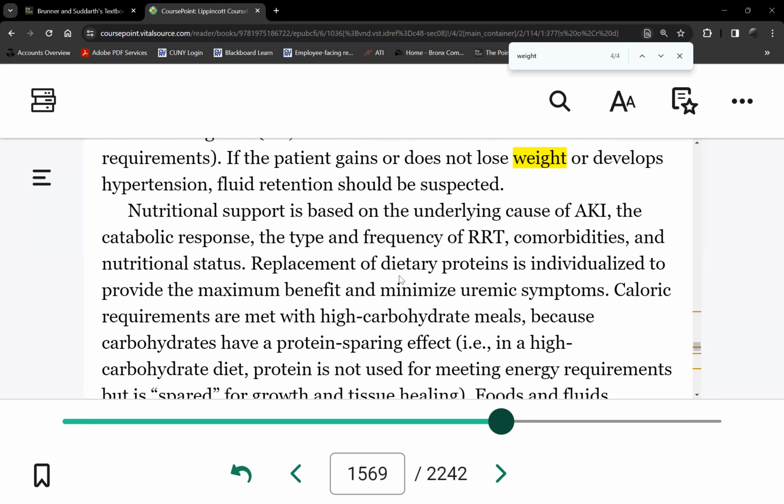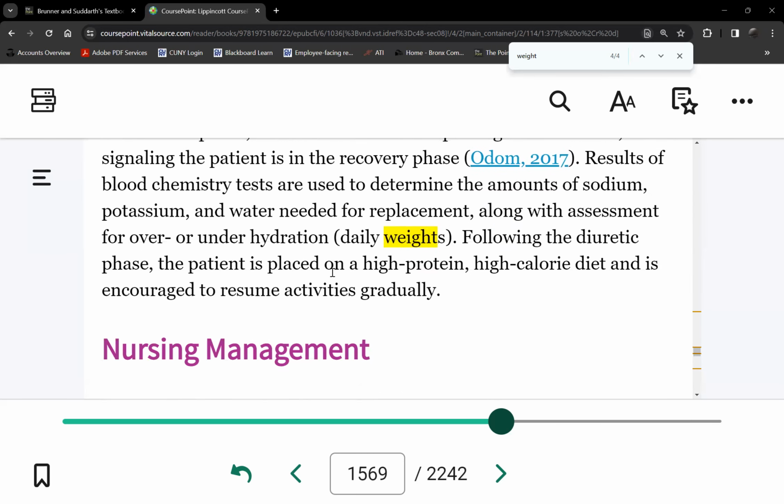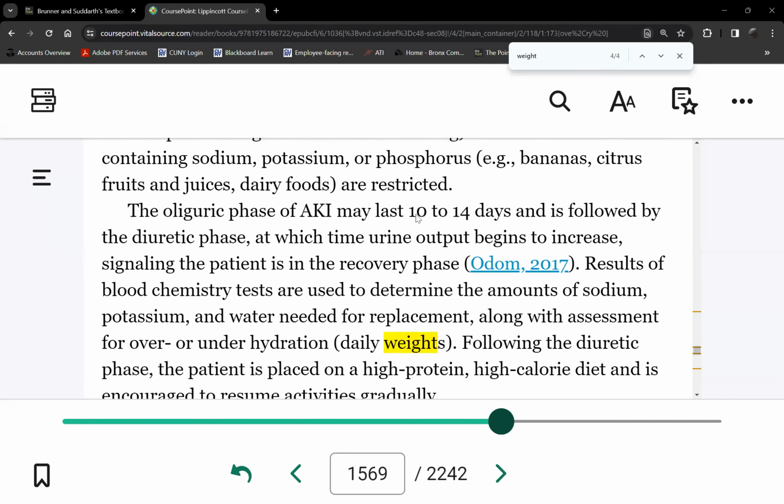And what do we do with fluid? Do we give normal amounts of fluid? We restrict the fluids because, again, no kidney function. Can the kidneys perform all of their normal functions, which is fluid and electrolyte balance? No. And elimination of waste products? No. So depending again on the patient's cause, the shortest time for the oliguric phase is between 24 to 36 hours. But depending on the cause, if it's, let's say, shock, it can be prolonged.